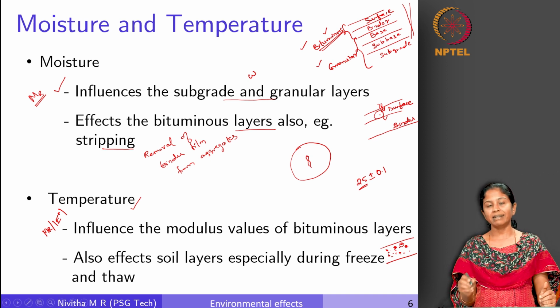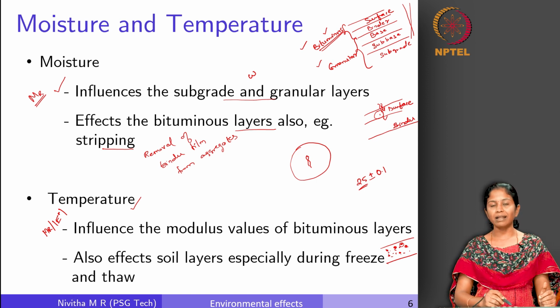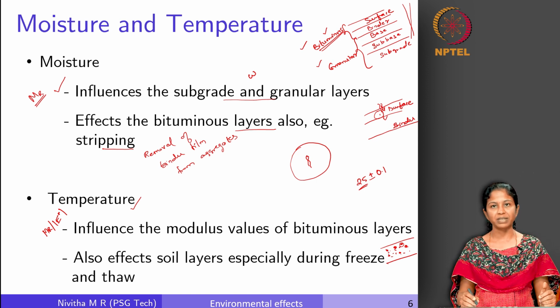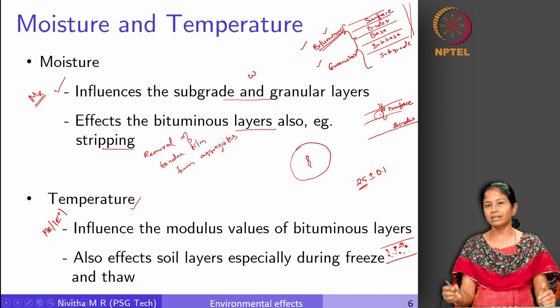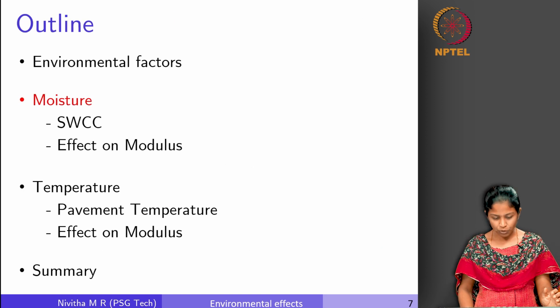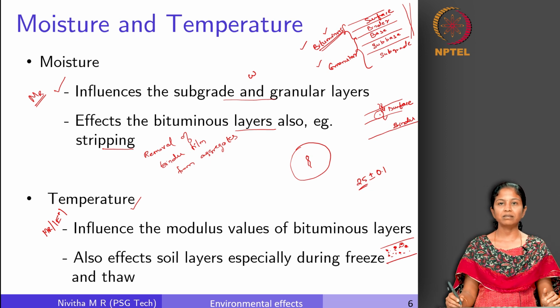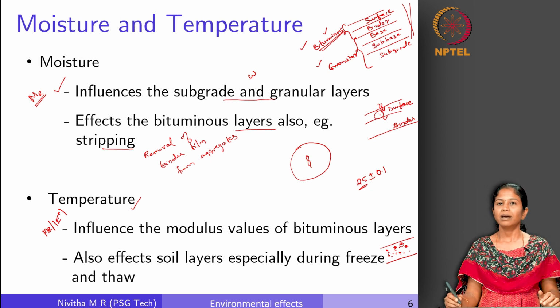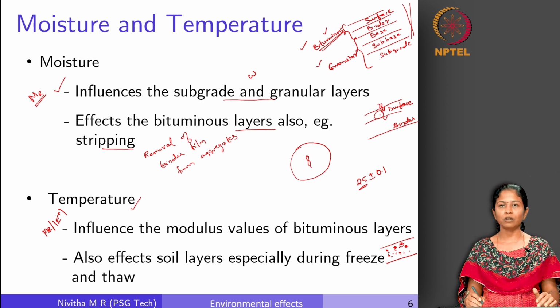So we can say that temperature actually influences both the bituminous layer and the granular layer, but in different ways. Shortly I will show you, in the next slide, 2 slides down, that when there is moisture increase in the pavement, there is about a 20 to 60 times increase in resilient modulus, right. So temperature has an influence on both the modulus of the bituminous layer and the modulus of the granular layer